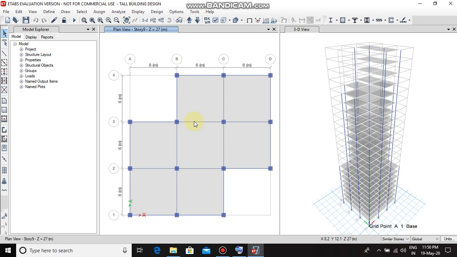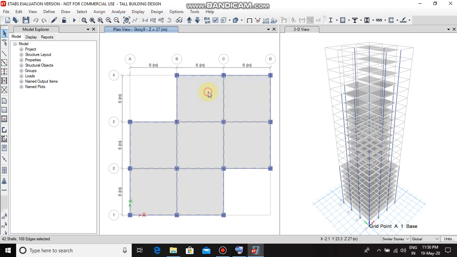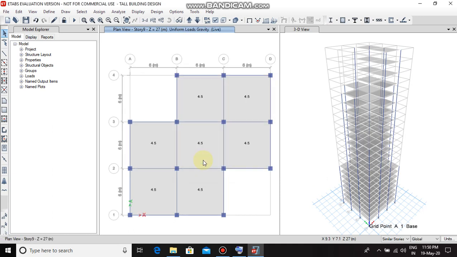Then select each of the shells. Select assign, shell load, uniform, live load of about 4.5 kilonewton per meter square. Apply, then OK. So a live load of about 4.5 kilonewton per meter square has been assigned.